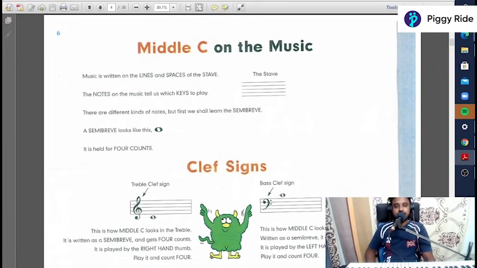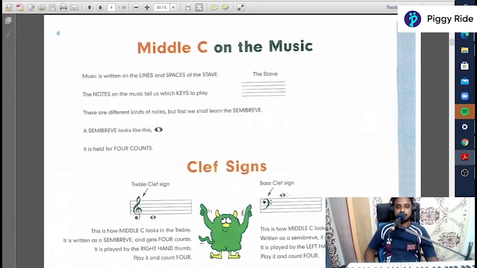Now we will see how the middle C looks on the treble clef and the bass clef. In the treble clef, the middle C will come on its own line at the bottom. So this is the middle C, and one more thing: the middle C will come on its own line. It will not come on any of these 5 lines or the spaces. There is one line, its own line, and the circle will be on top of it. So that is the middle C. And similarly, in the bass clef, the middle C will come on top of the 5 lines.